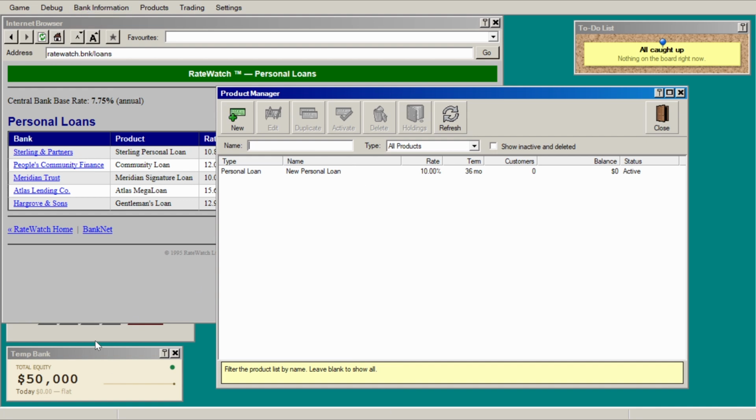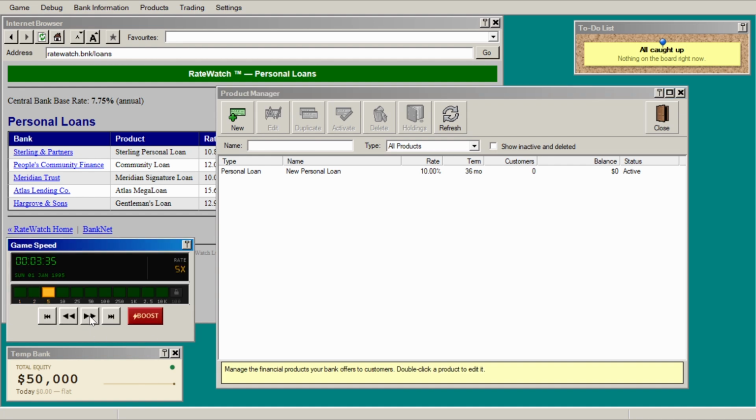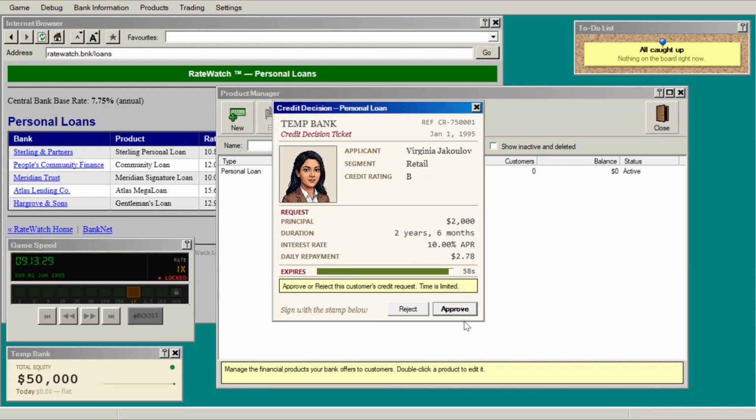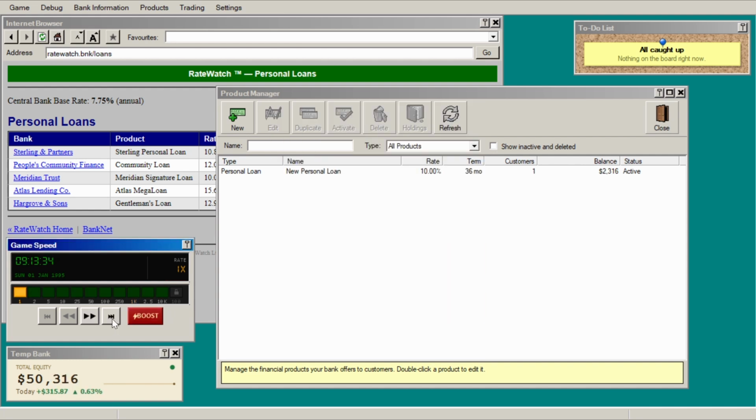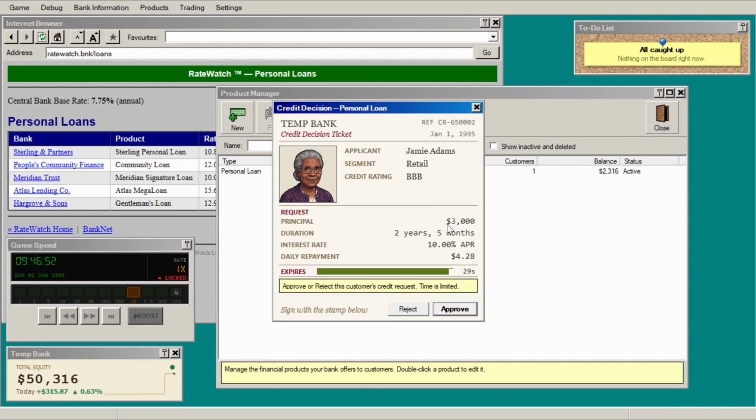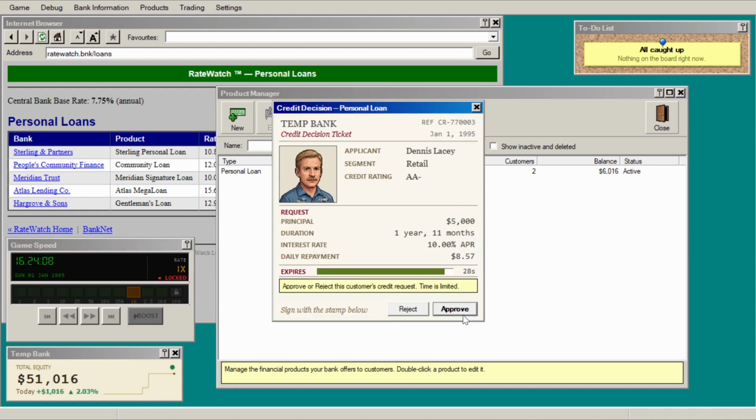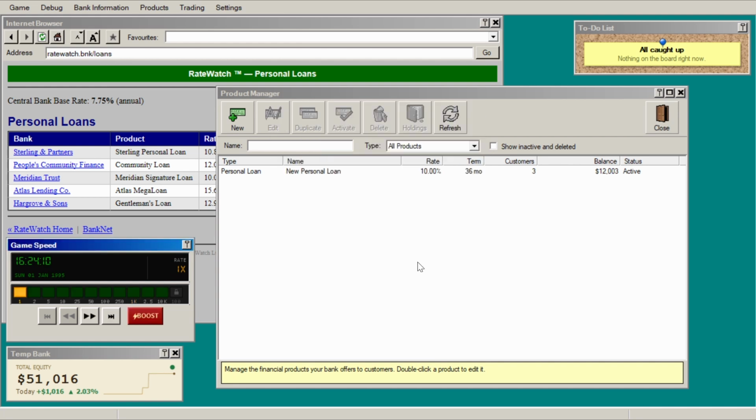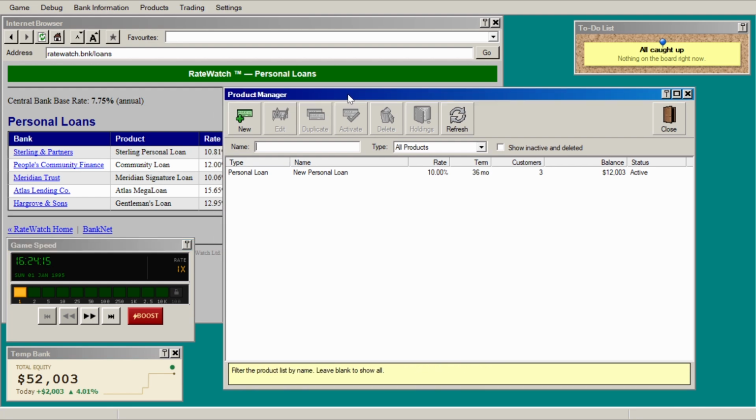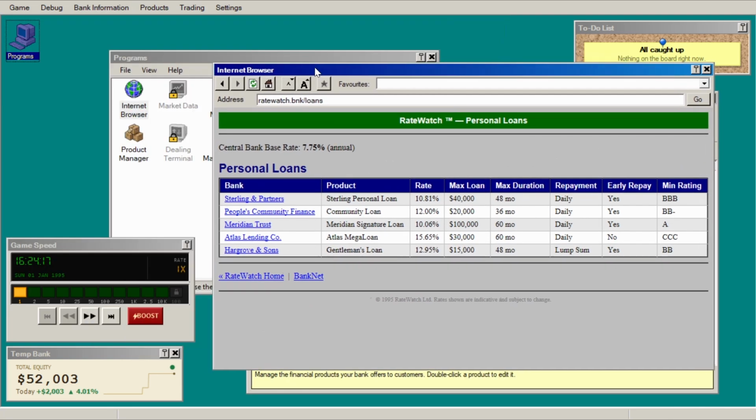So I've set up a personal loan here, and let's run time forward a bit. And we'll get a couple of normal loan requests. This is the sort of thing we saw last time. So let's approve this one. And then we'll do the same again. So another person. And so on. If you run the game at a relatively high speed, you're going to be bombarded with these requests. So instead of this, let's now hire some members of staff to do this for us,